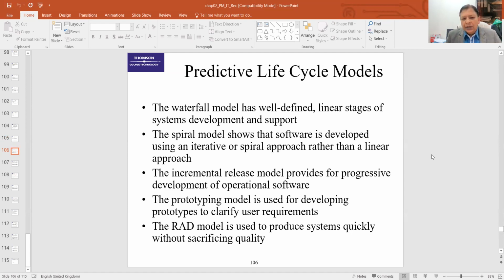RAD methodology has only 2 phases which are iterative. That means from modeling and construction, we can go back, because at the modeling level or at the implementation level, construction level, we are using prototype. And because of the prototype feedback, we can go back and we can change the design and we can have the implementation or construction, the coding. Construction is called coding and testing. So we can code, we can test, and then we can go back to the previous phase,